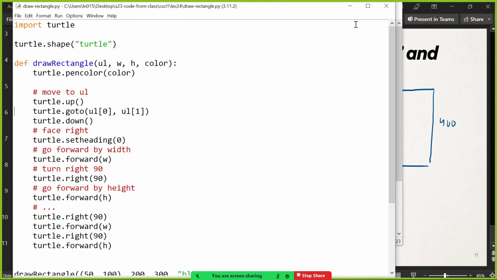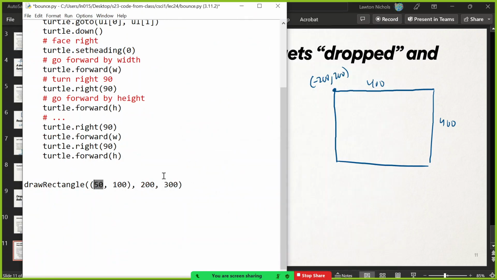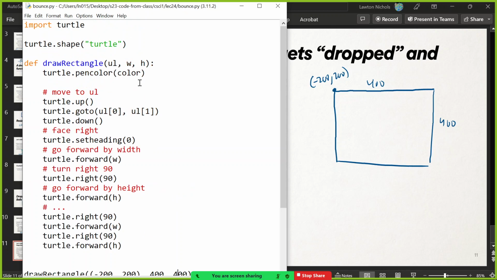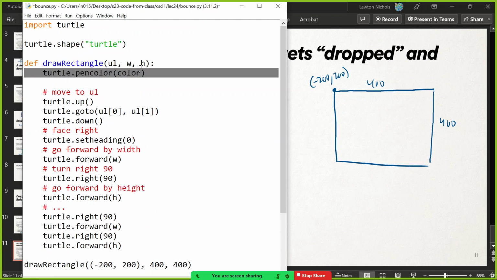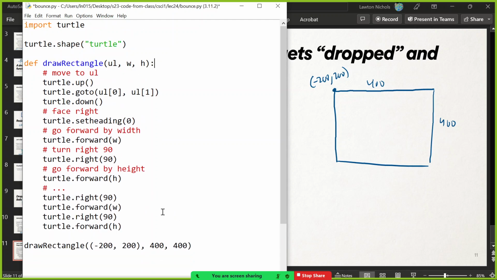Of course, there's a million other things open, sorry. I'd like to have its upper left to be negative 200, positive 200, and then width and height 400. It'll be a bounding square, really. And so that's just me using my draw rectangle function. Got rid of the color, though, so let's get rid of that. There. And so this is going to be our bounding square,